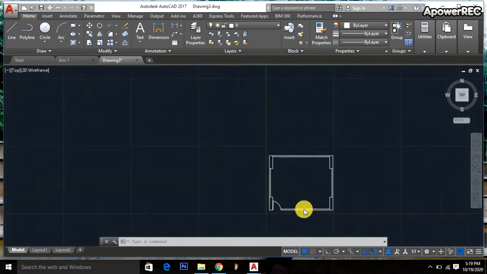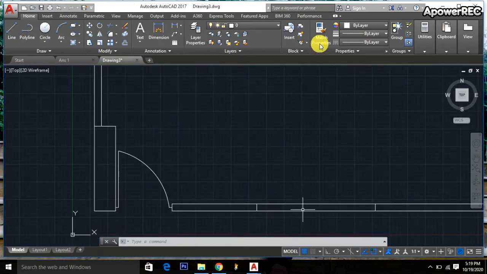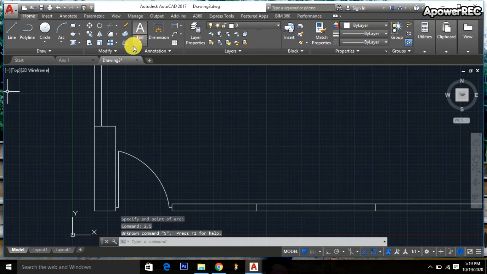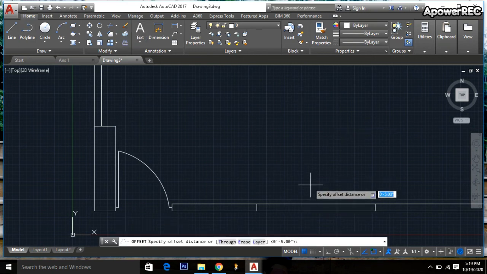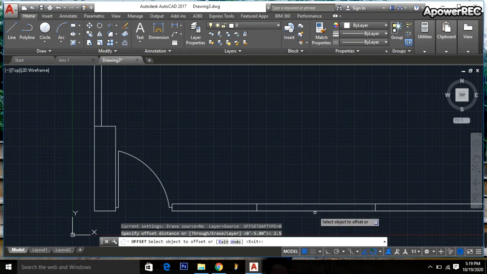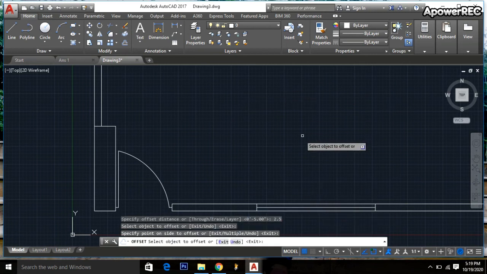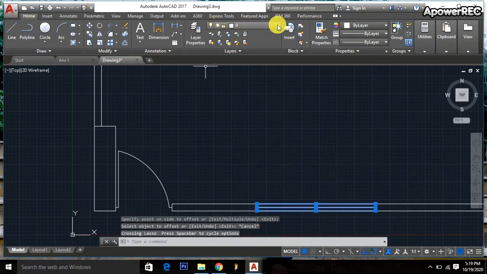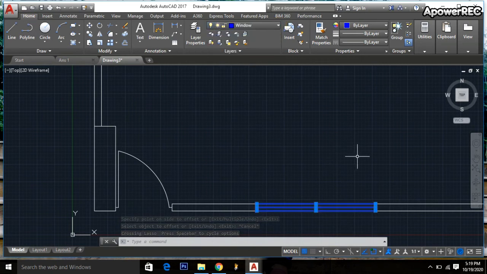Then I am going to the window, offset is taking again from here. Input will be 2.5, enter. Okay, again I am taking the offset, it will be 2.5 inch from here and here, and in the middle one. Okay, escape. Then I am selecting this portion, and I am going here, taking this window color.